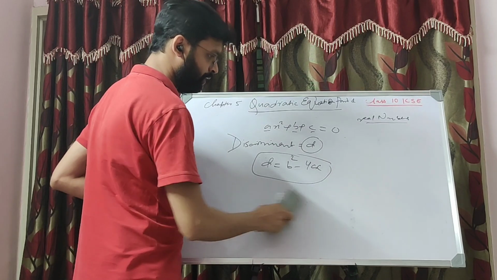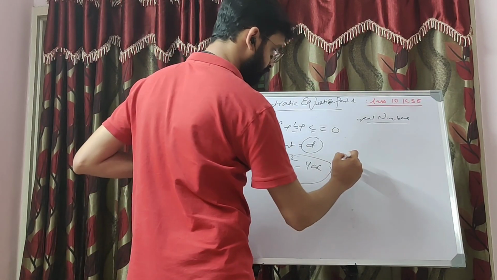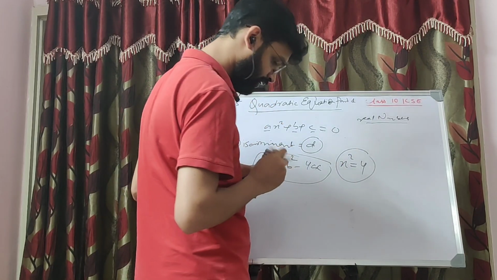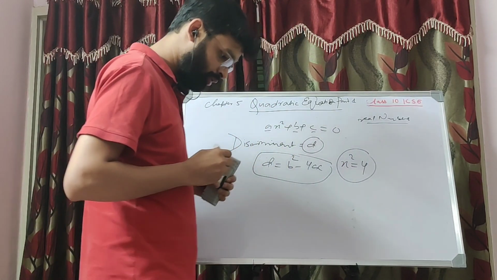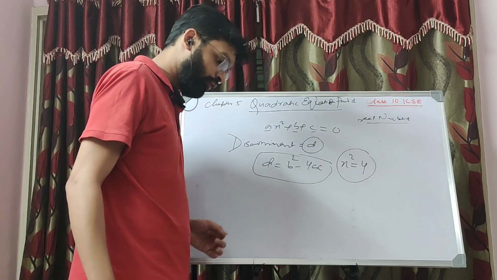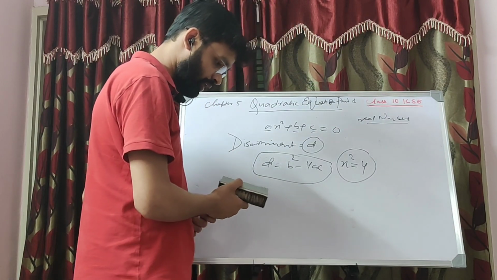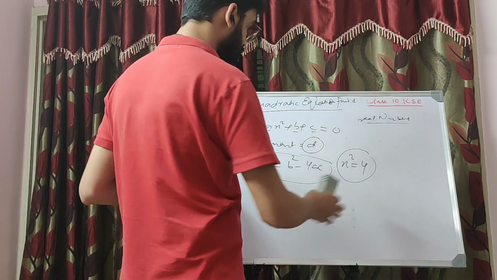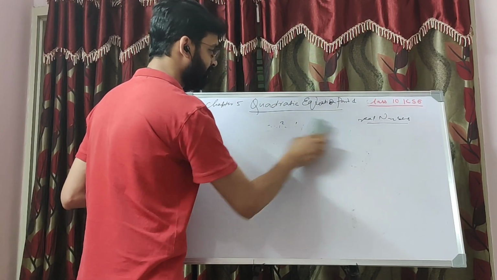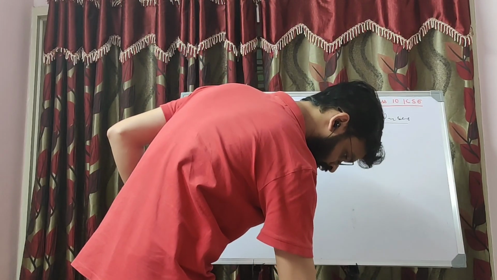Another example, for a pure quadratic equation, will be like x square is equal to 4. Anything to the power of 2 is equal to the square of itself. That is known as a pure quadratic equation. Now we will be solving 2-3 questions here, starting with checking whether a given equation is a quadratic equation or not.